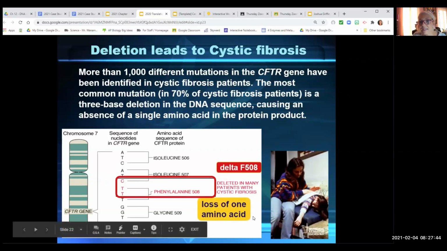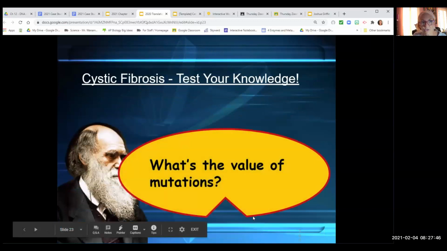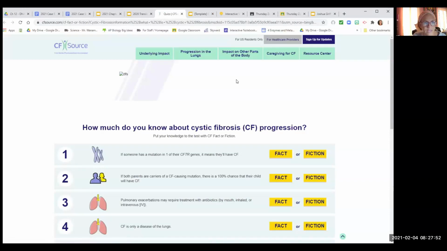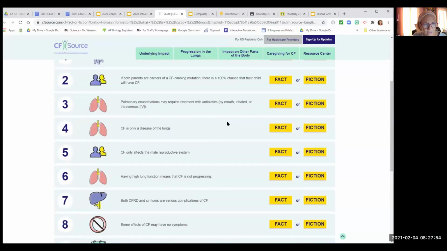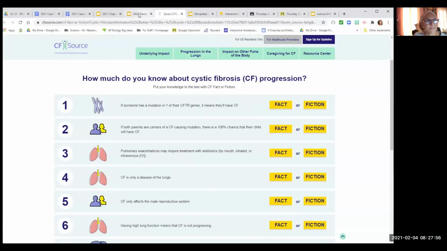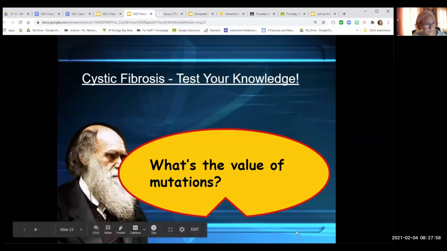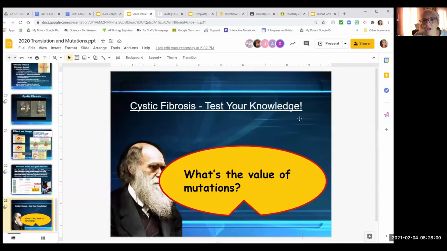And this is going to be in the worksheets that you do today and Monday. I forget what this is. This you can do on your own just for fun if you'd like. I just put it in there for interest's sake. Okay, so